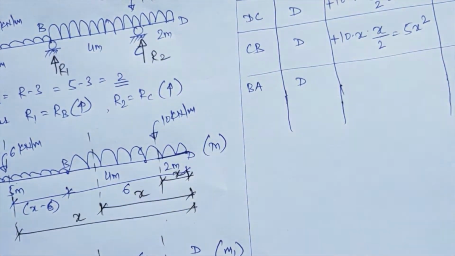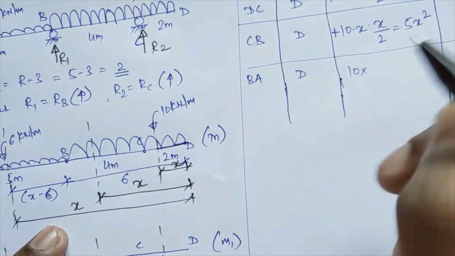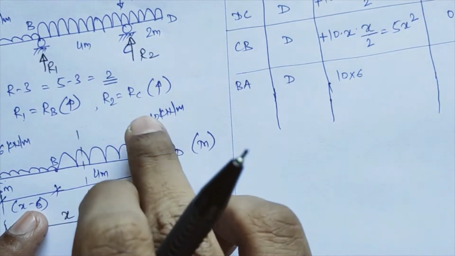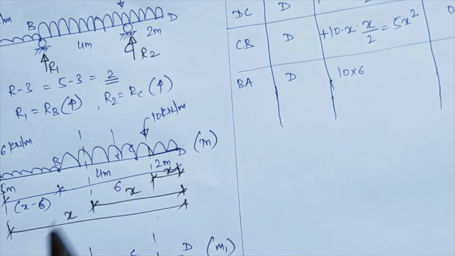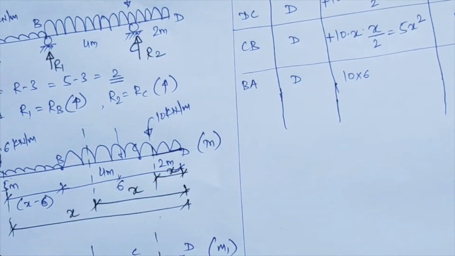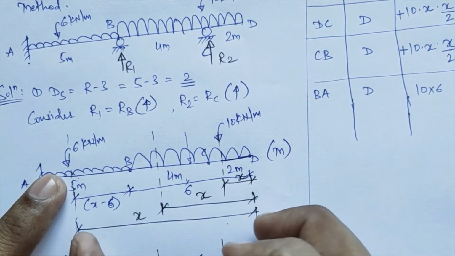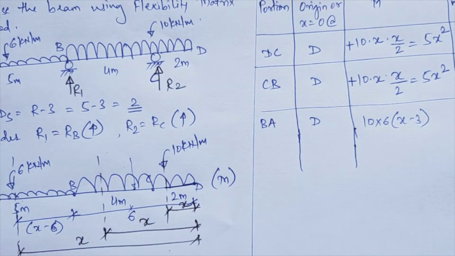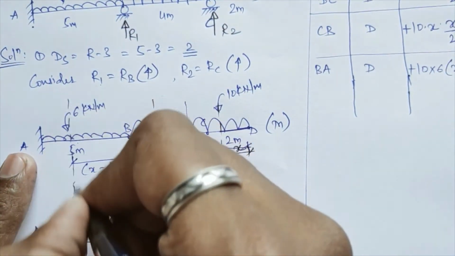So for the first UDL we'll see, this UDL intensity is 10 multiplied by its acting length, which is completely 6 over there. So this UDL is completely acting, and it will act at the half of this 6, that means at 3 over here. So your lever arm from this force to this section will be how much? That will come x minus 3 over here. So 10 into 6 into x minus 3 will be your moment of this 10 kilonewton per meter UDL. See, again I'll repeat. Moment of this UDL you have to take along with this section over there.